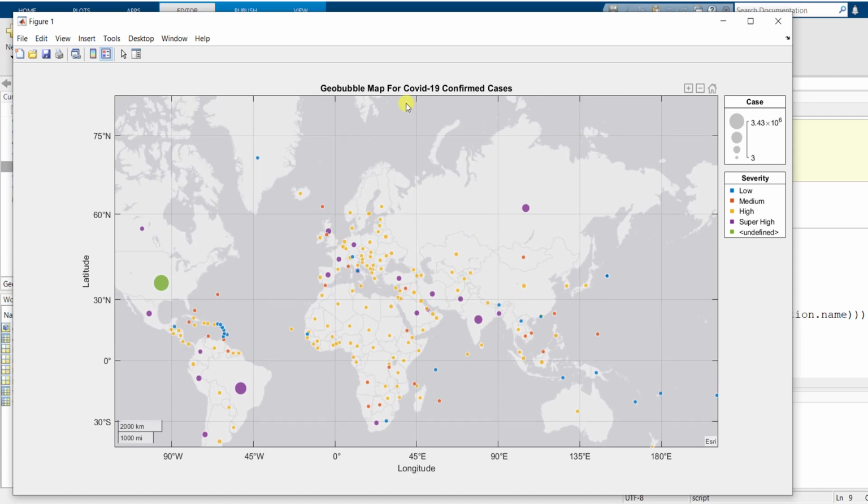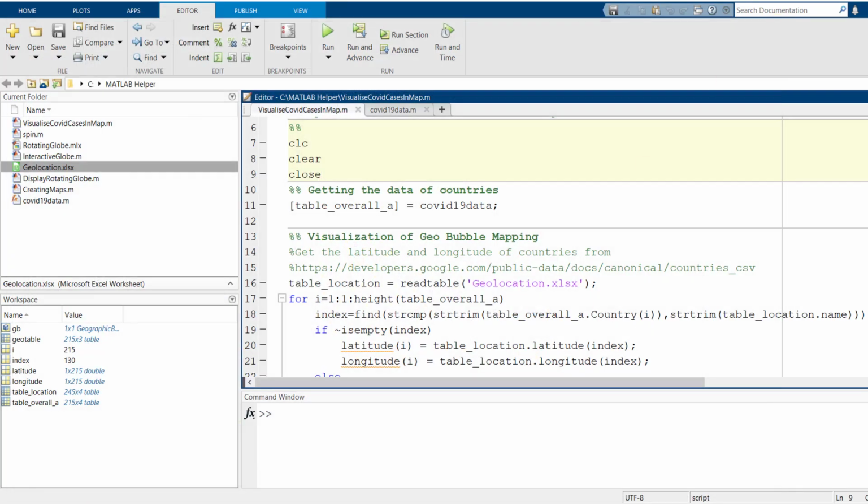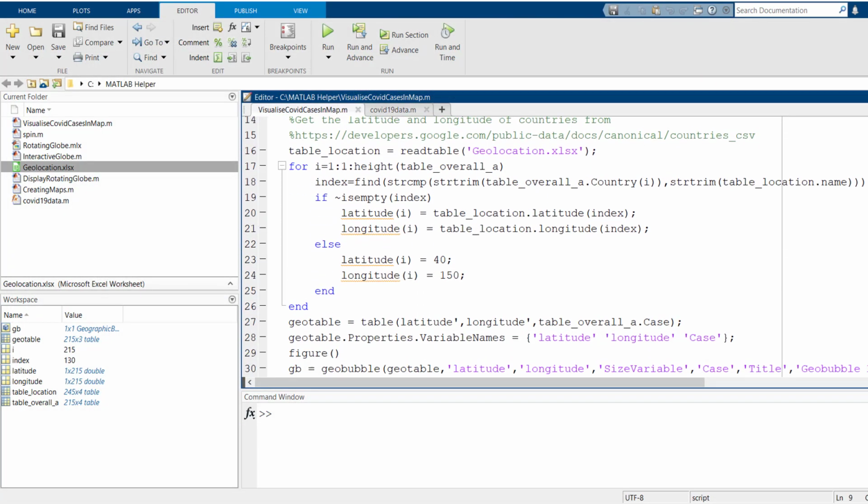So now we have plotted for the COVID-19 confirmed cases. In case we would want to plot for the deaths, then we need to make a few changes here.